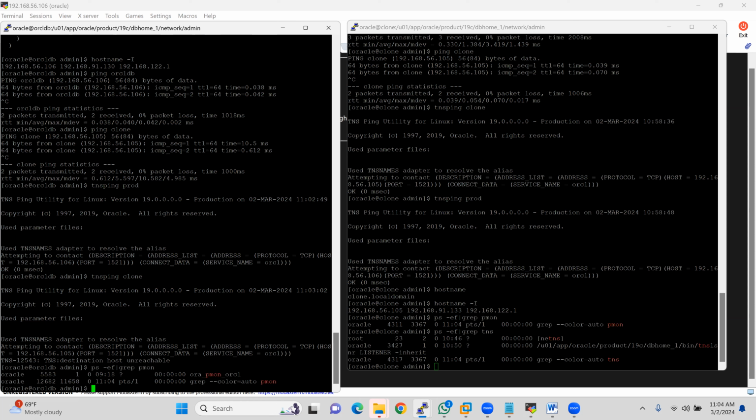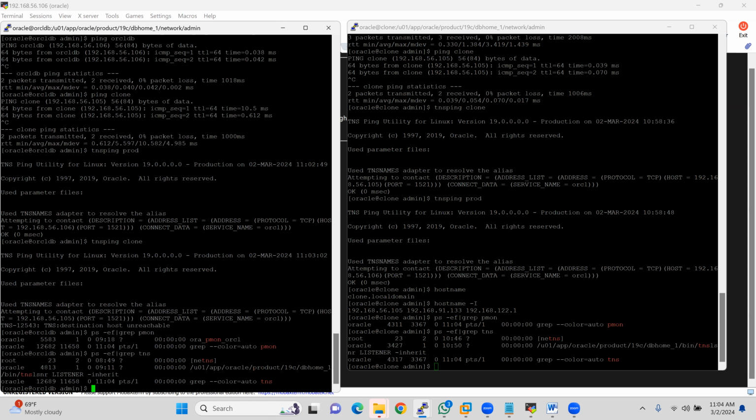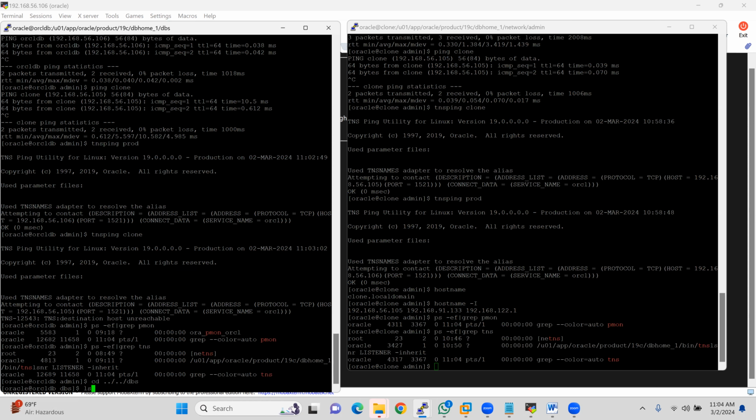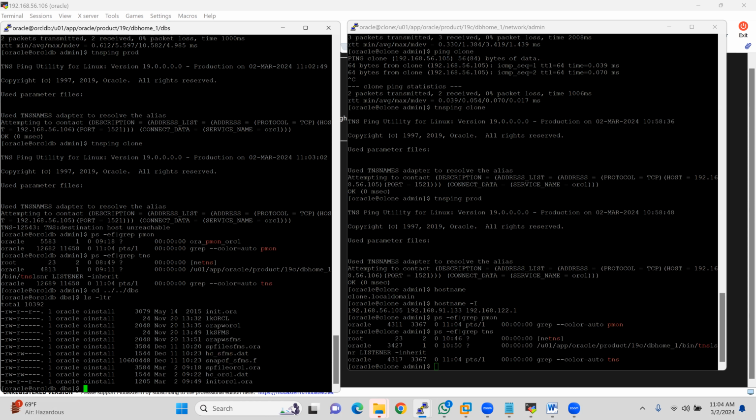So here we have the ORCL running and the TNS listener is also running. Okay. And what we will do, we will copy the P file which we have created recently. So we need to copy that P file